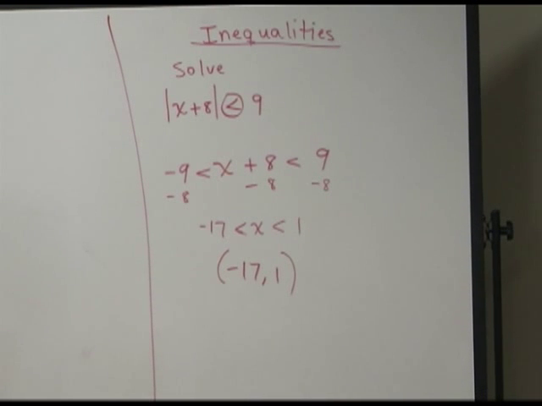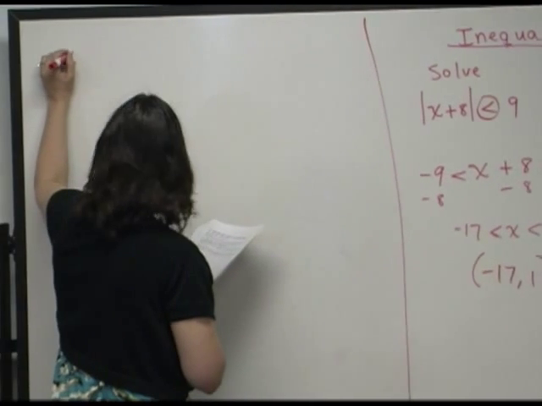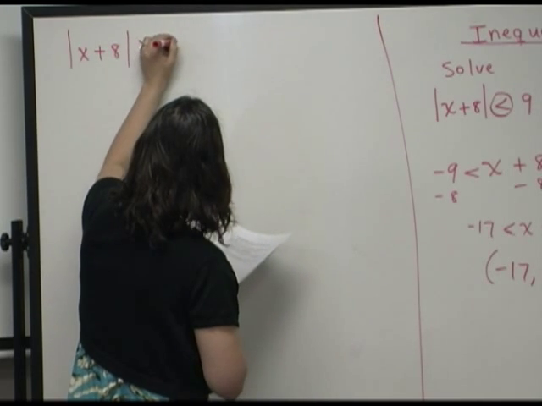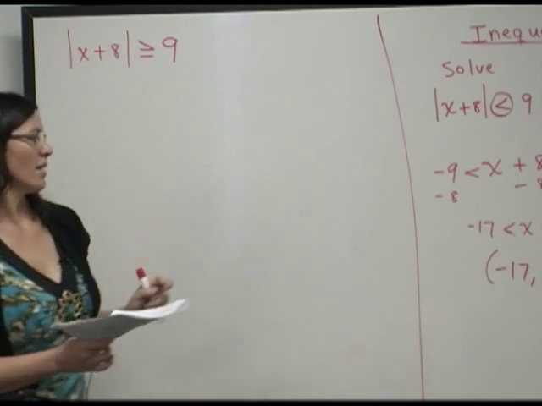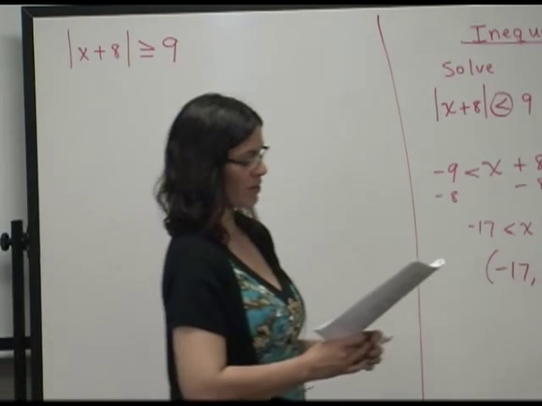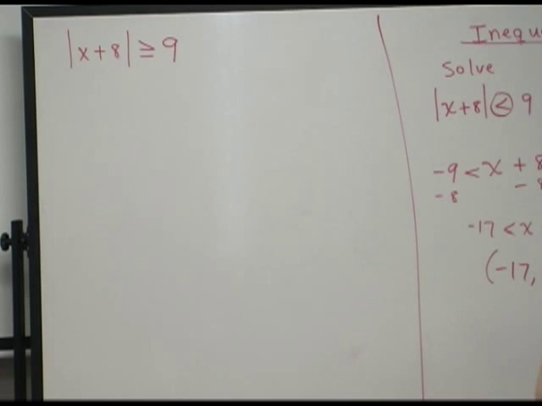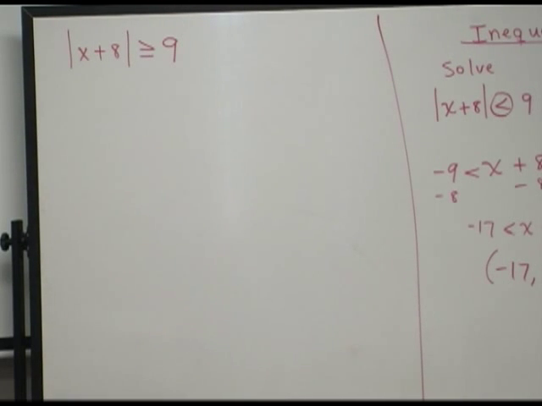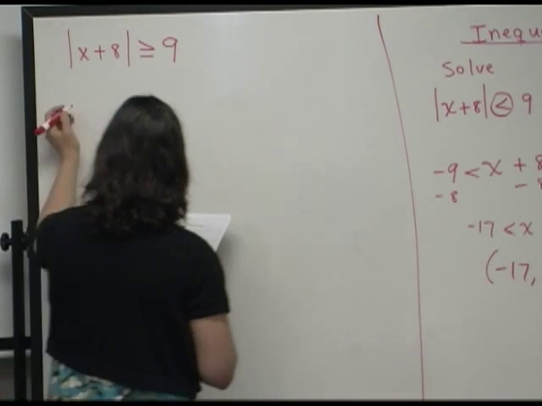Now, the other case of inequalities with absolute value would be if you have a greater than. That one is less than. You have a greater than, in this case, greater than or equal to. So this gives a what? Compound. Or compound, right? Compound inequality, but this is going to be or. We're going to separate into two different inequalities. One is going to be